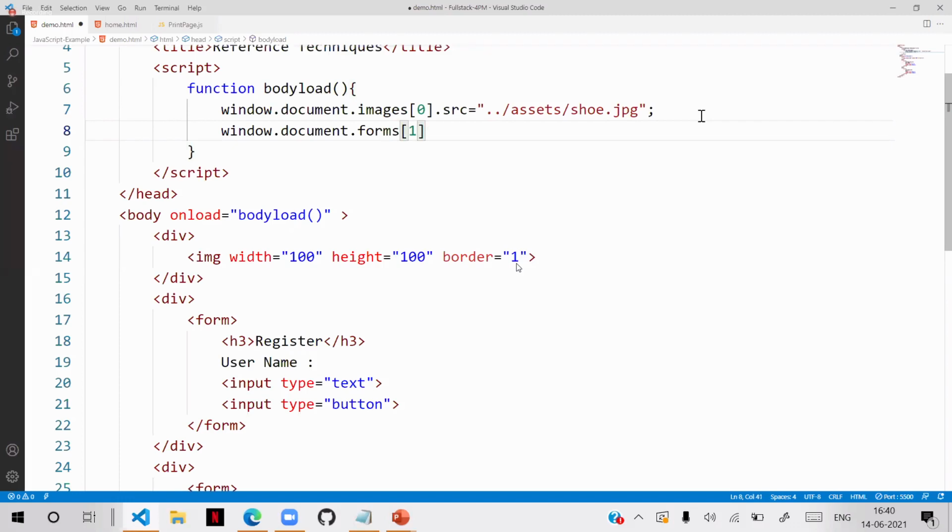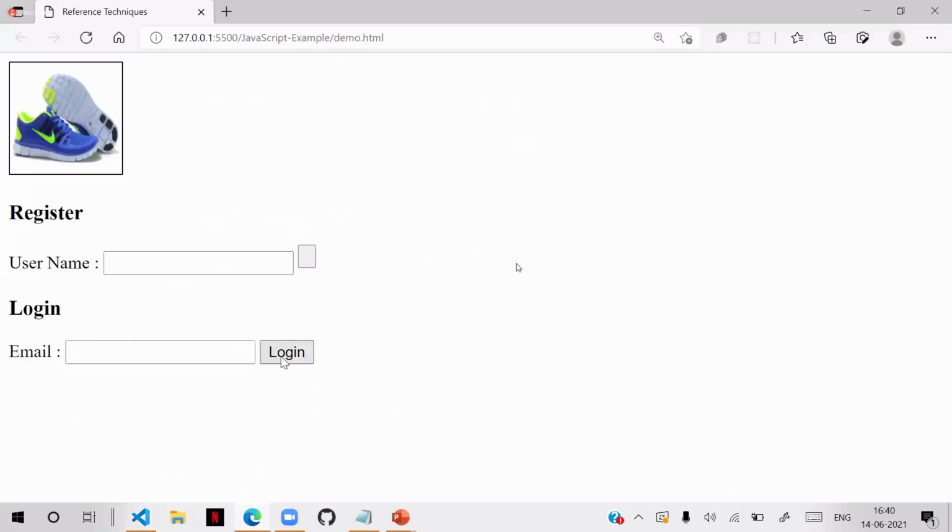In that, we have elements. Elements of 1. And that element is a button. So button will have a value. Value is equal to login. That's how we are defining. Now you can see that automatically it will put the value as login for that. That's how it works. The DOM hierarchy.